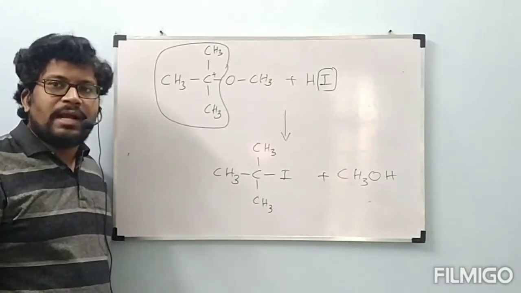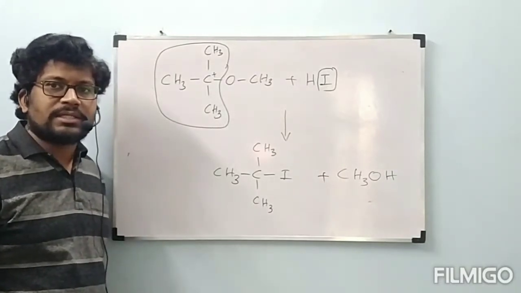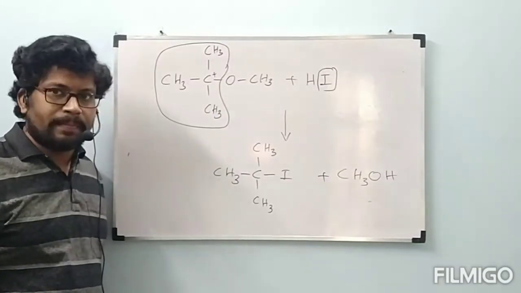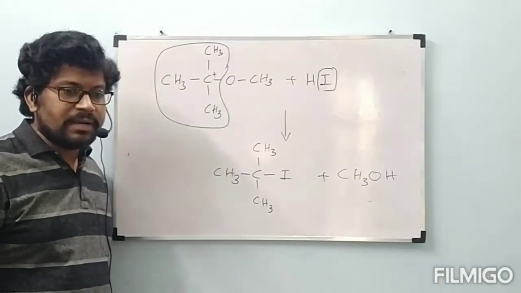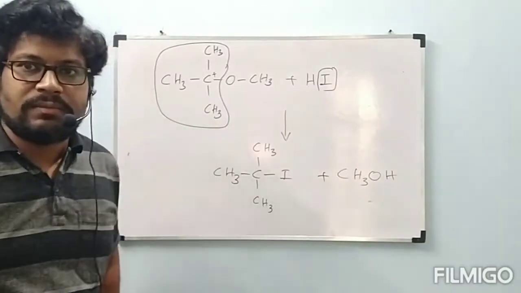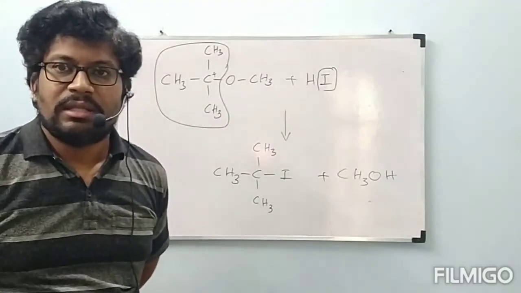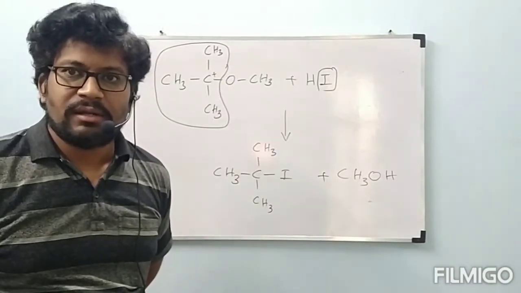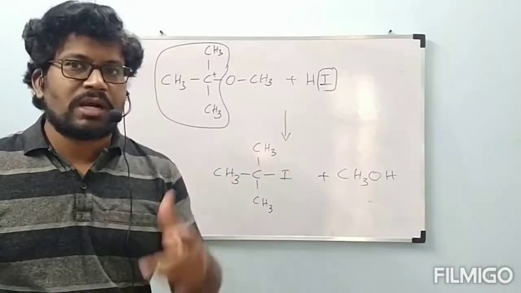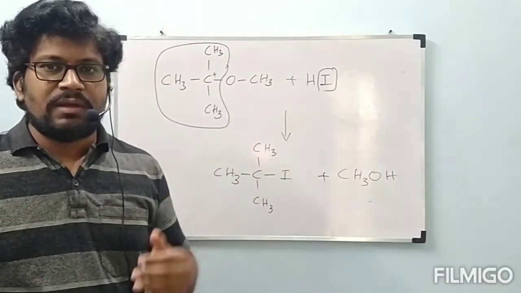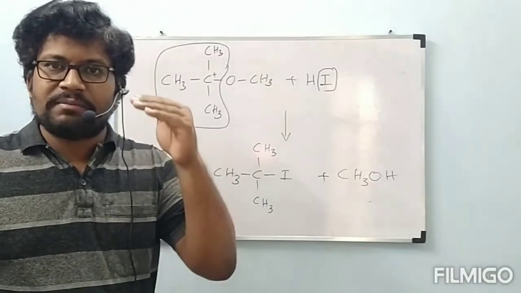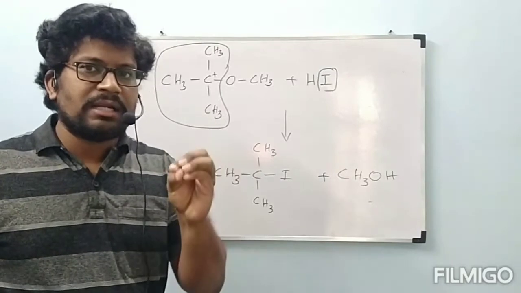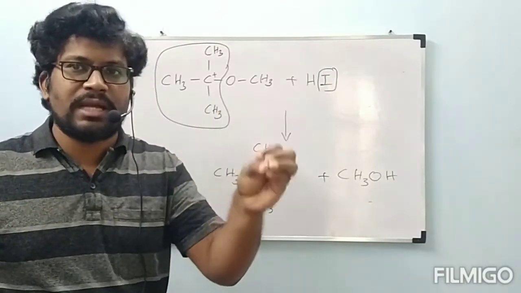In this way, we have to understand what products are formed when an ether reacts with HI. It is very important, and it might be asked in questions also. Directly they won't ask. They will give a typical example of an ether, and when it reacts with HI, what substances can we expect? Everywhere, if straight chain carbons are present on the left and right side, we have to remember only one thing: the alkyl group with fewer carbons will be bonded with iodine.